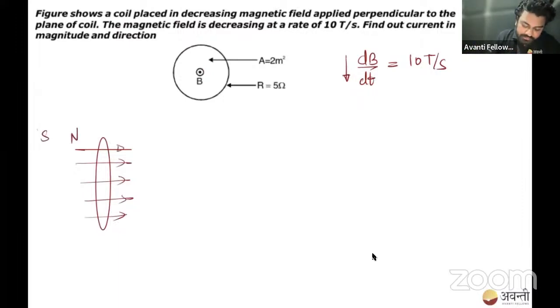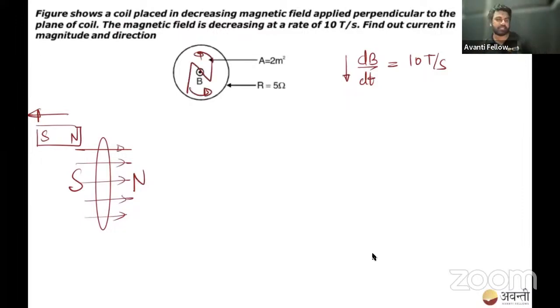Let's say some magnet was there. North, say magnetic field lines were coming out, and it is decreasing. Decreasing means it is going away. So it will try to create south on this side and north on the front side. So this side will be north, so the current will be anti-clockwise first of all. Clear? It has a decreasing magnetic field, so north is going away. That side will be south, meaning the back side will be south, the front side will be north, and the current will be anti-clockwise. Clear?